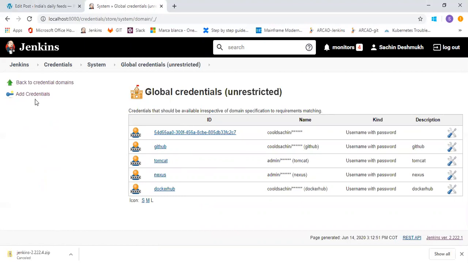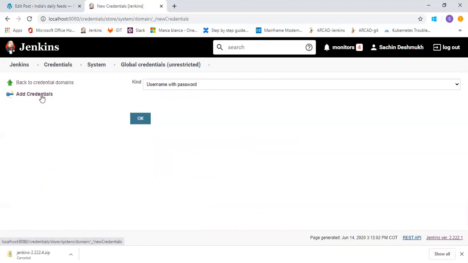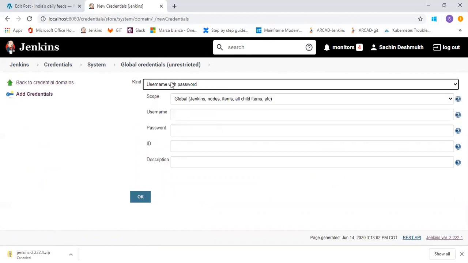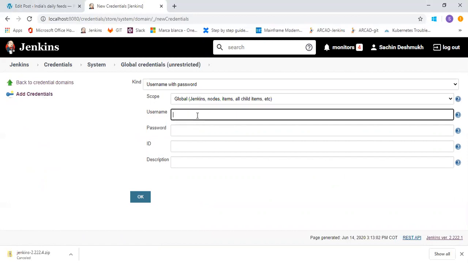If you want to add credentials, click on add credentials. Here, what kind of credentials you need to add? There are many options available. If you want to give a username and password, select this.